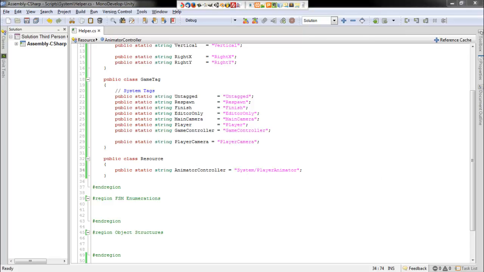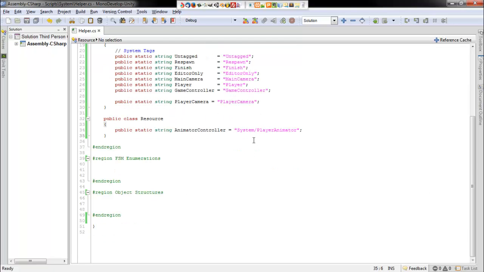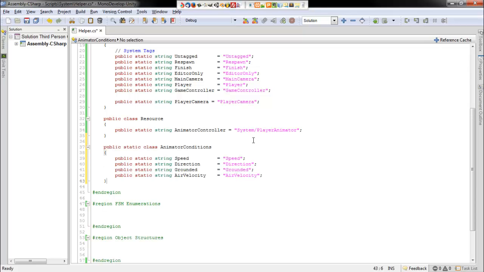Alright, and we also need our animator conditions, so the parameters that we put in our animator controller, and I'm just going to call this animator conditions and set up static strings to each one of those, our speed, direction, grounded, and air velocity as well. Okay,